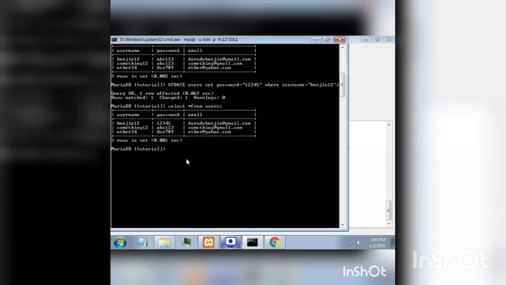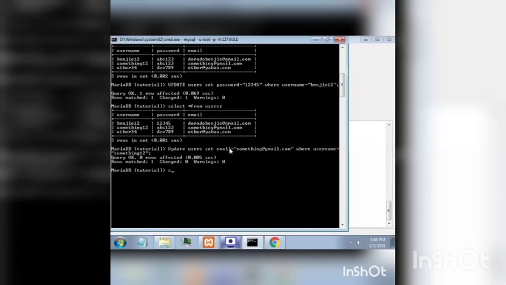Now let's change the email of username something12. Semicolon, press enter, then okay.